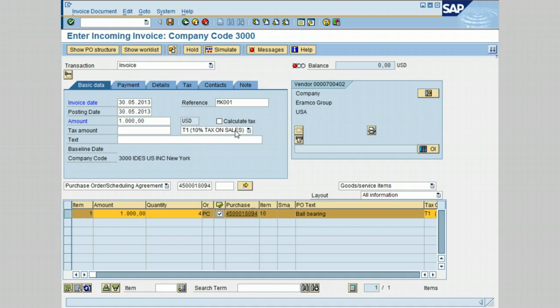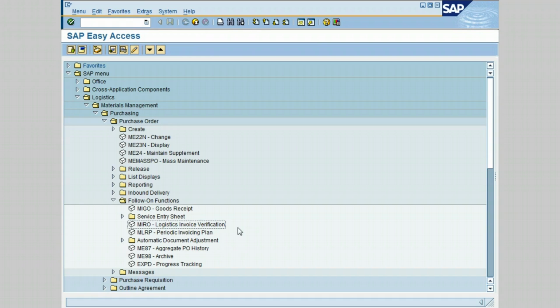So for the tax code to be entered correctly, there should be some configuration to be made for taxes on sales or purchases. Let's go ahead now and click on the back icon to exit this transaction. That will conclude our